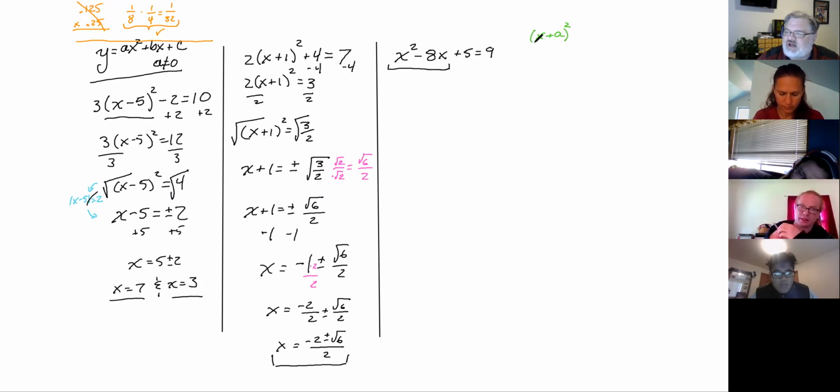So what does that have to look like in its foiled out form, in its form with the x squared and the x? Well, if we multiplied this out, if we foiled that, we'd get x squared, we'd get a times x, and another a times x, so you'd have that 2ax, and then a times a, so plus a squared. We talked about this last week, the square of the first, twice the product, square of the last, right? So all perfect squares look like this. So if we want this to be a perfect square, we have to make it into this form.